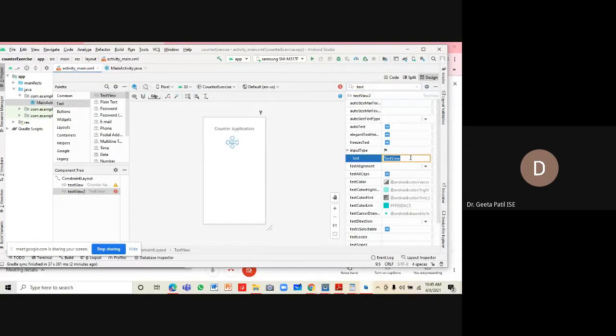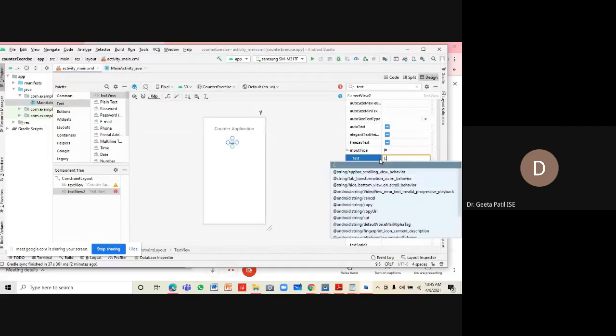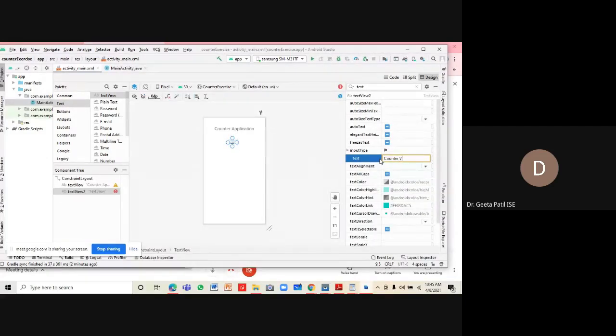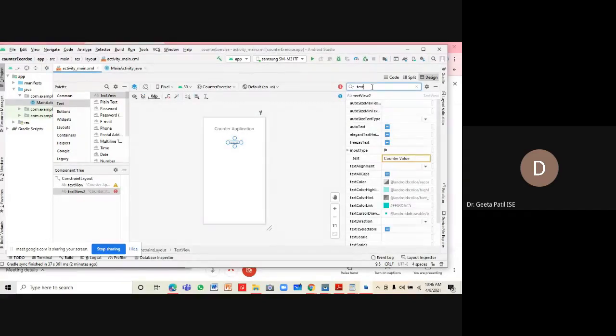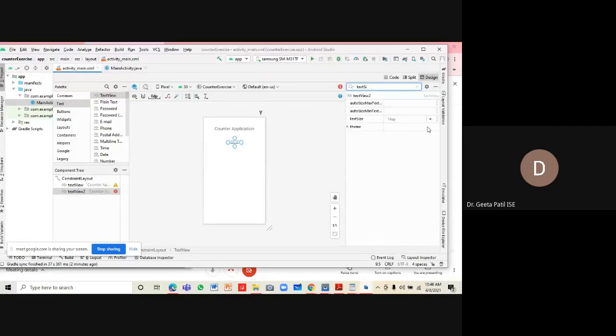I want it as counter value, which is set to 0, when you are starting your application. The size of the text field is changed to, let's say, 24 sp, or if we want it bigger, then take it again as 30.